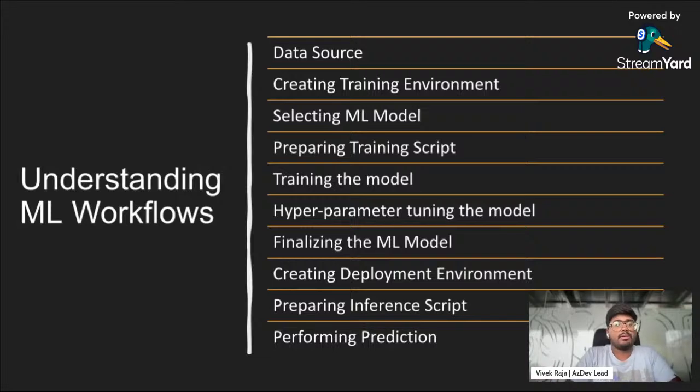If you are not satisfied with your accuracy, you go for hyperparameter tuning. Hyperparameter tuning means you take a machine learning model algorithm. For example, Ram Kumar said SVM is one model. So SVM has a couple of parameters. It has alpha as one of the parameters. You go and fine tune the value of alpha, and you see whether it improves your machine learning model. You have to again redo the steps of training the machine learning model until you are satisfied with the outcome. Once you are done, you can train on multiple models and see which gives you the best result. And then you choose your best hyperparameter tuned model as well.